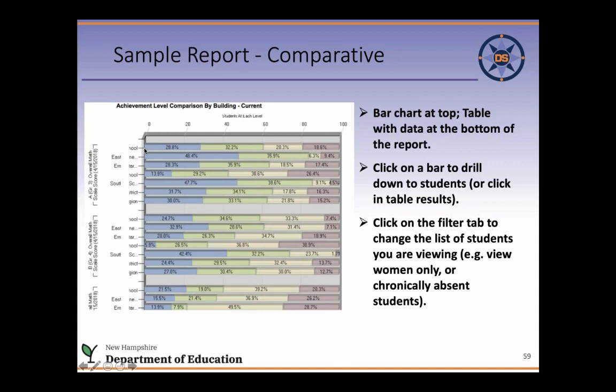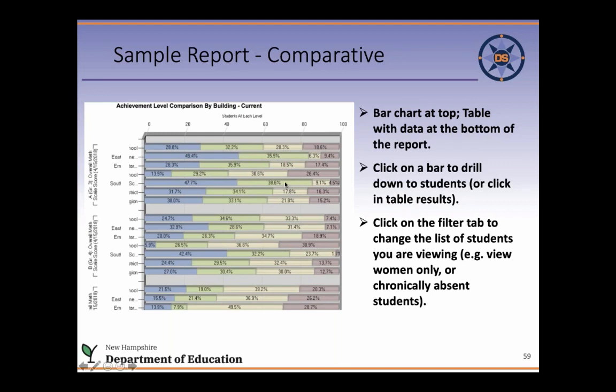And if I'm the superintendent, I have access to a whole bunch of schools. Each line is one of my schools. Blue in this case is level 4, level 3, level 2, and level 1. All my students who scored a level 4 will be in this bucket, so 28.8% of them, and so on. So I can quickly look and say, oh, wow, look how much better this school did than this school. They have way more green, way less red. This one has very little red. Oh, here's one with green. And I just want to know. I just want to get some idea.